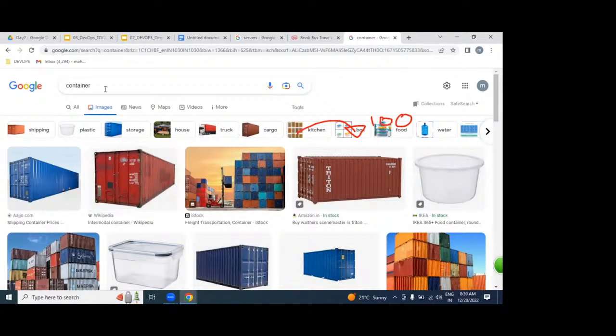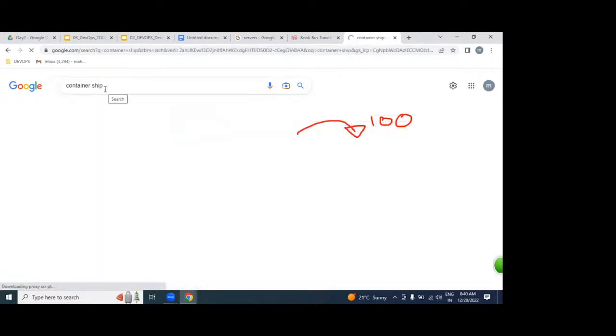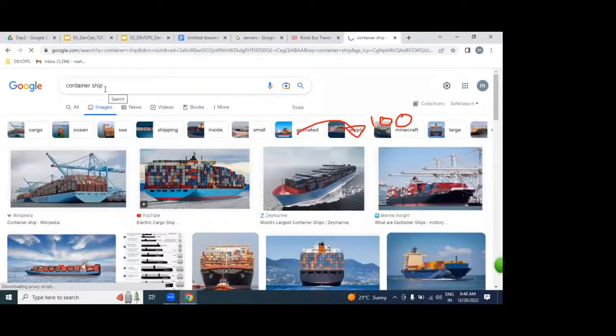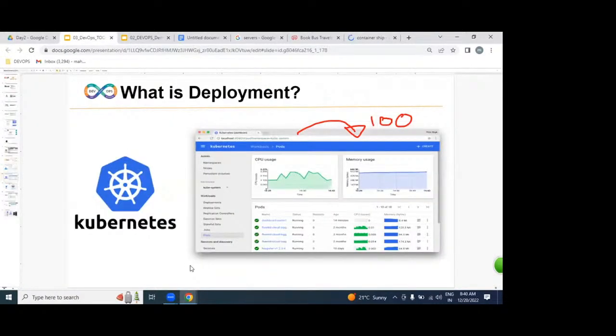But these containers are going to be controlled by whom? The ship. Where is the ship here? Kubernetes. Understood very clearly. So the Docker containers are managed and controlled by Kubernetes.